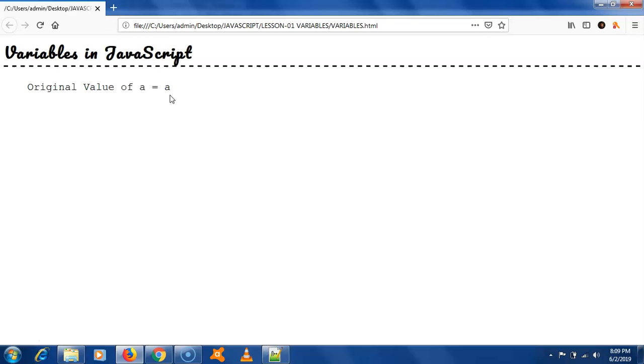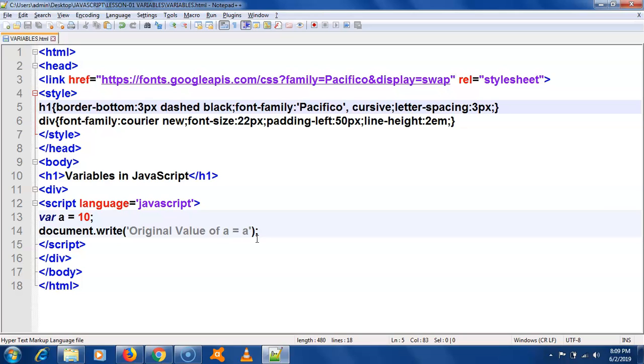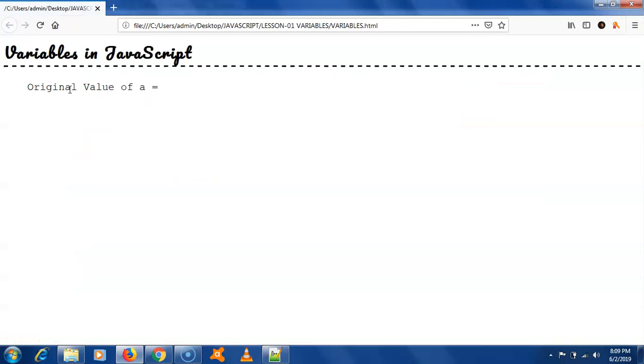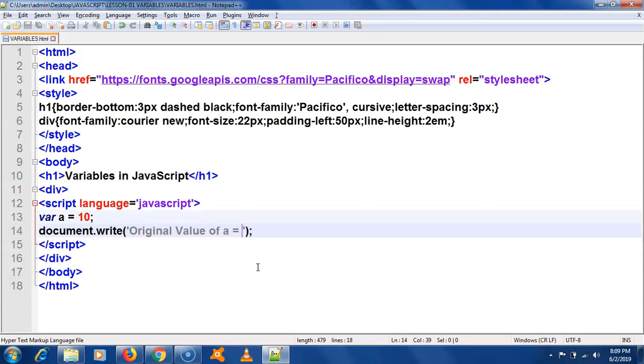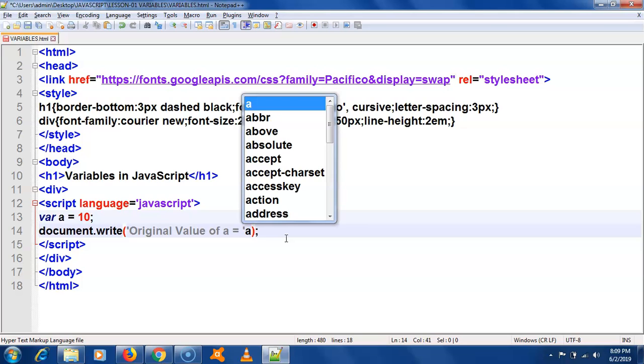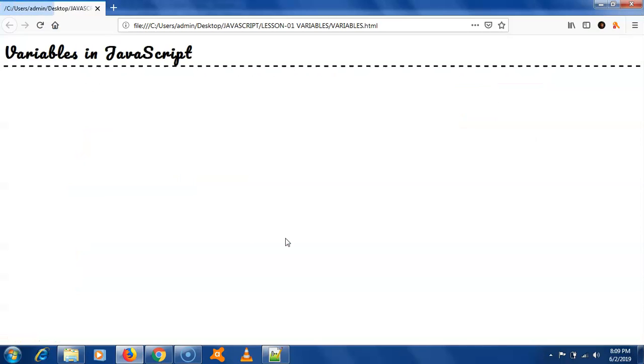Original value of A should print A is equal to 10, but it's not fetching its value. It's just printing directly as is. So I'm going to remove this, and when I run this, it's saying original value of A is equal to, I need 10 here. So I'm going to come out of the quotation, because anything you write in quotation, what you write is what you see. So I'm going to print here out of the quotation A, and when I save it and run it,